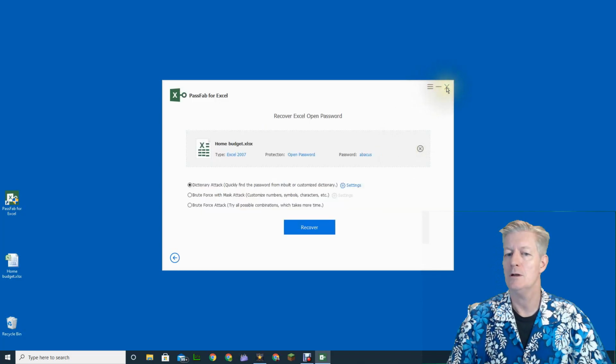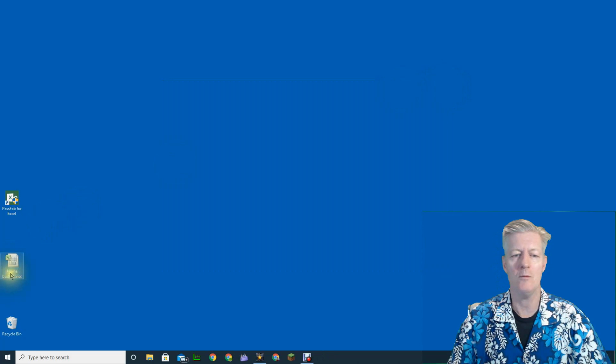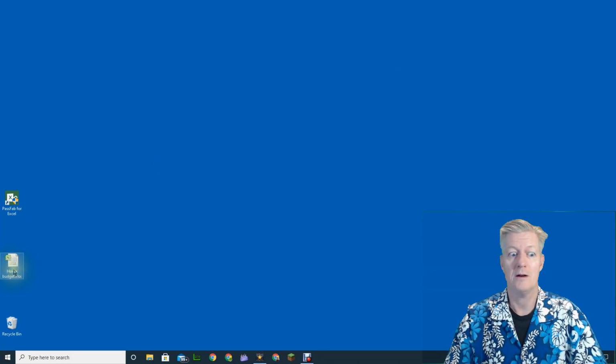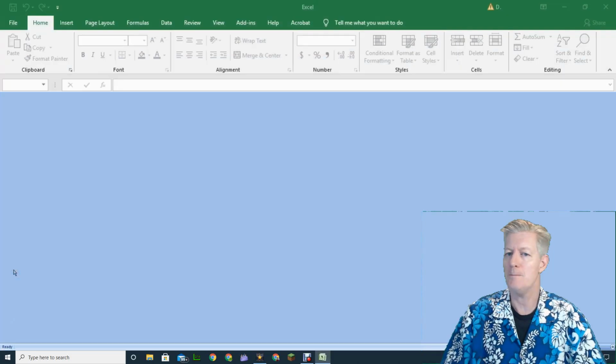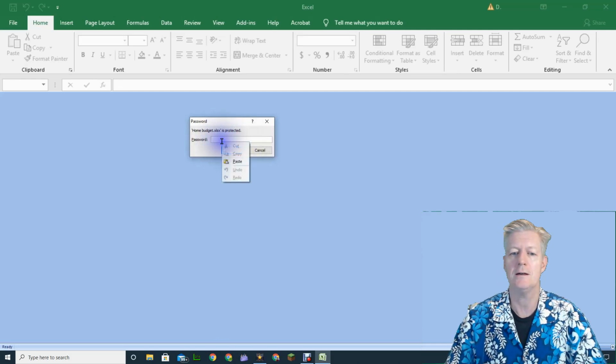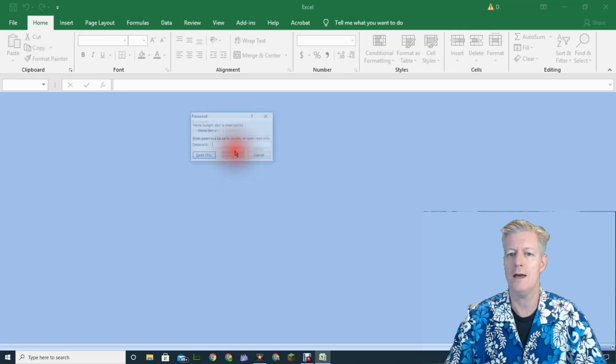So I'm going to close off this program, and now I'm going to attempt to work with my worksheet again here. So let's open this up. It's asking for the password. This time, instead of keying it in, I'm simply going to right click and then select paste. And now I'm going to click on OK.